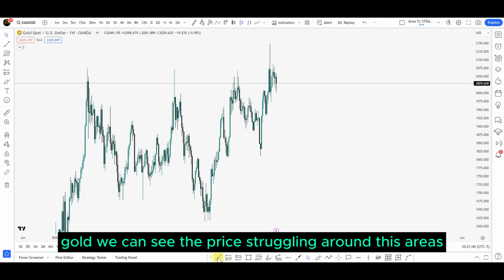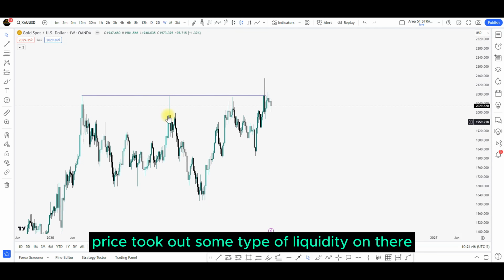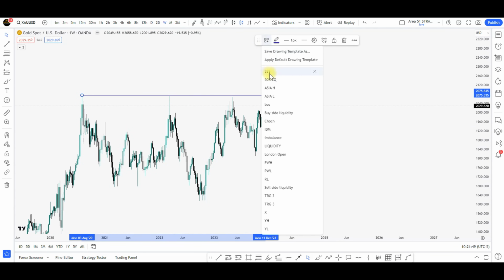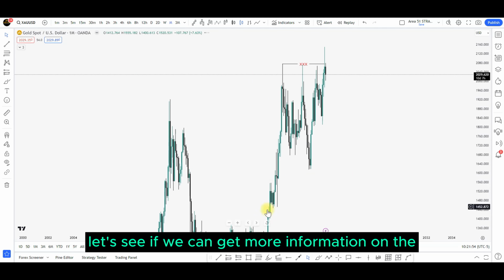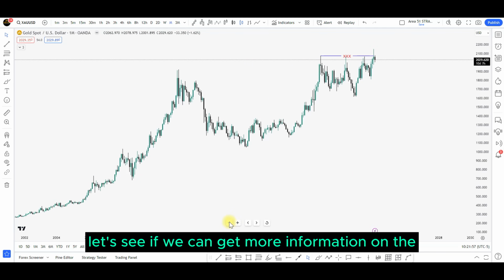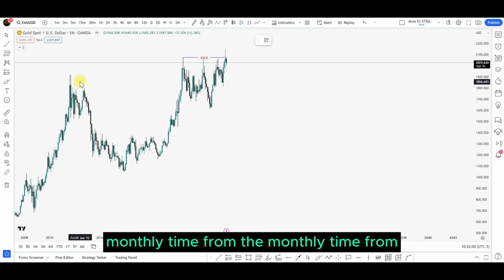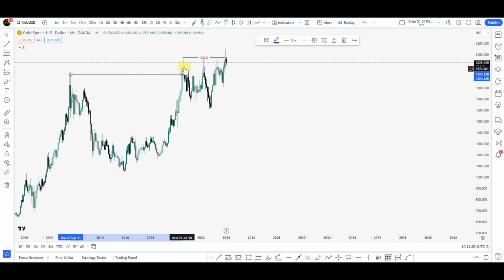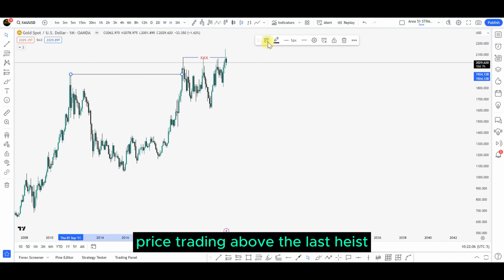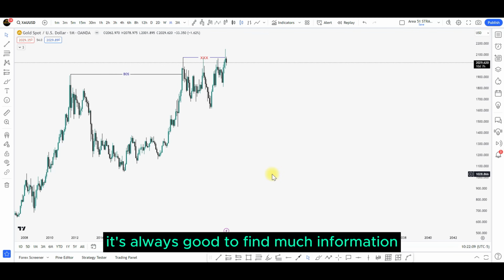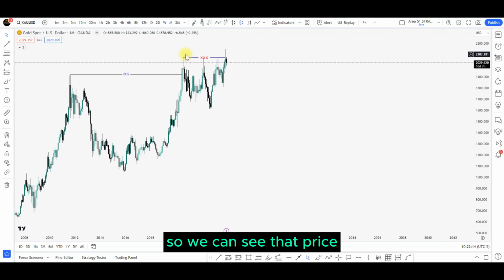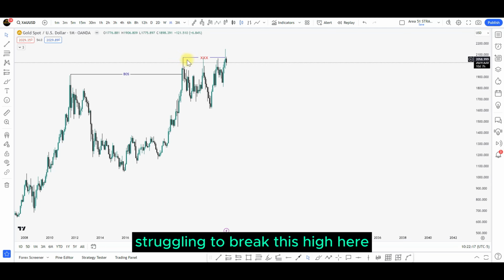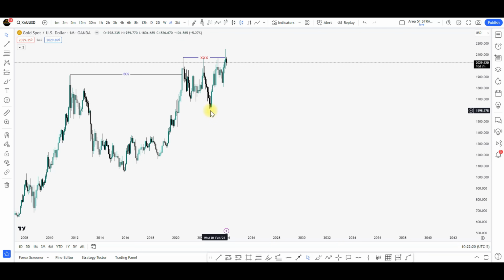Gold, we can see price is struggling around these areas. Price took out some type of liquidity on the weekly time frame. Let's see if we can get more information on the monthly time frame. The monthly time frame, we can see a break of a structure, price trading above the last highs. It's always good to find much information rather than be confused, not knowing what's going on. So we can see that price is struggling to break this high here. Price created some type of inducement somewhere here